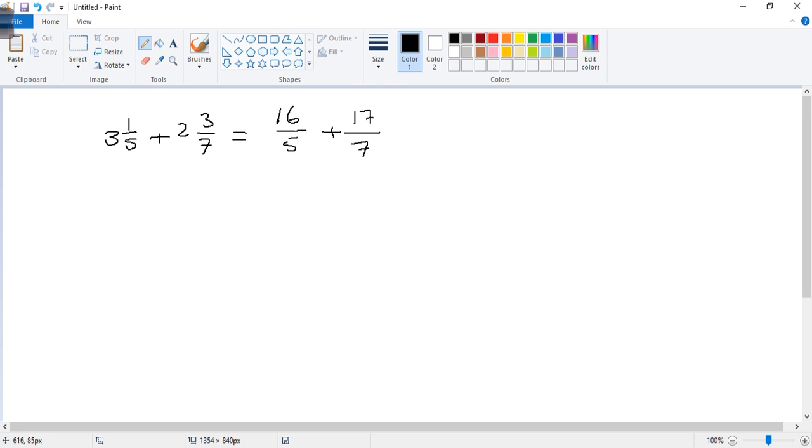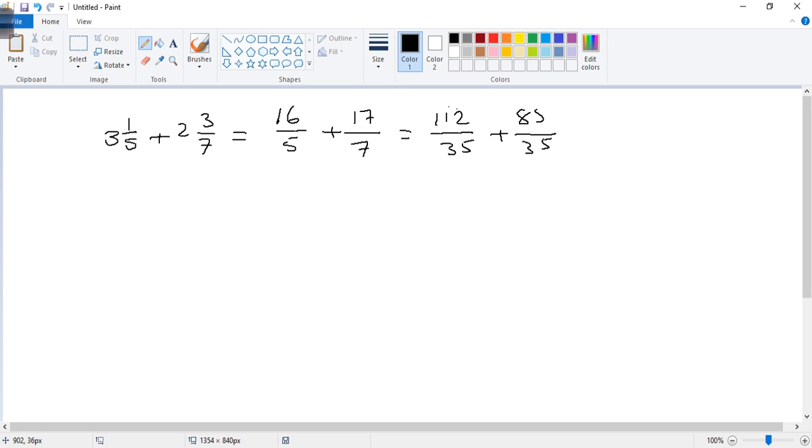We need a common denominator between 5 and 7, that is 35. 35 divided by 5 is 7, 7 times 16 is 112, and 35 divided by 7 is 5, 5 times 17